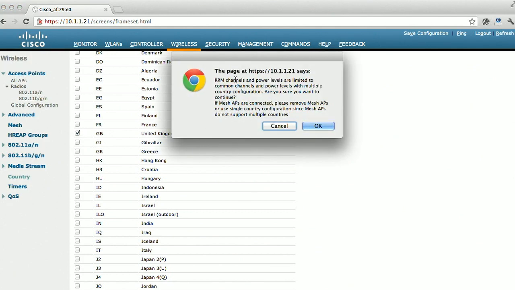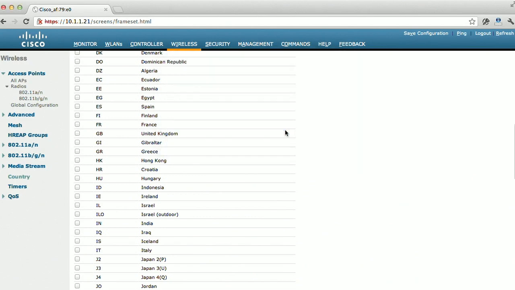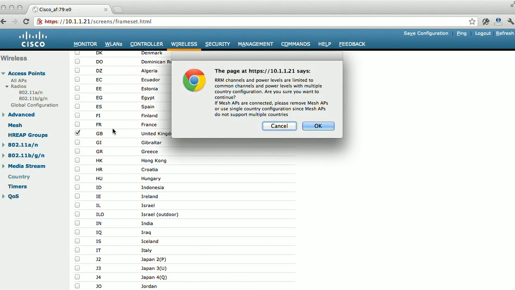Okay, and it's going to say that radio resource management channels and power levels are limited to common channels and power levels when I have multiple country configurations. So basically whatever the lowest common denominator is. Am I sure that I want to have multiple countries selected? If mesh APs are connected, please remove them or use a single country configuration since mesh APs do not support multiple countries. Typically, we're only going to want one